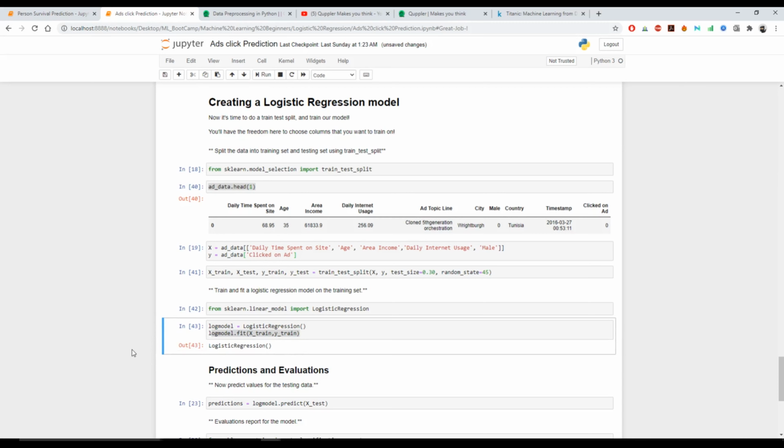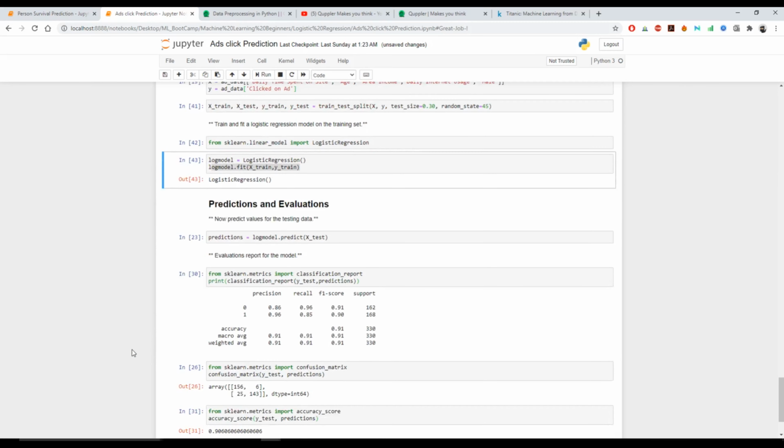Once my model is fitted with the training data set, now comes the prediction and evaluation. For predicting, I'll just have to call log model dot predict, and I have to pass my X test, which I would be testing against. Once I do that, I get my prediction.